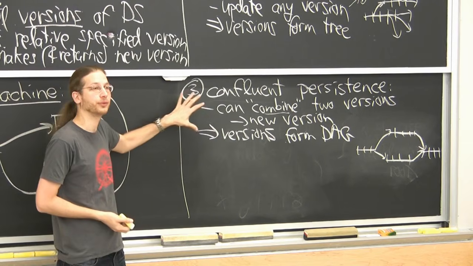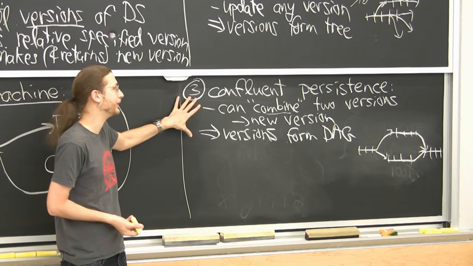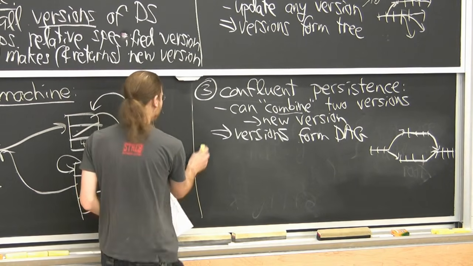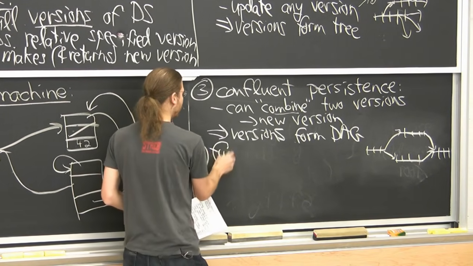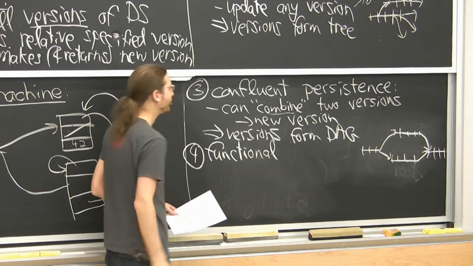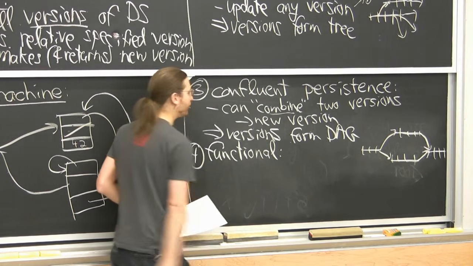This is hard to do, and most of it is an open problem, whether it can be done. But I'll tell you about it. Then there's another level, even more than confluent persistence. This is hard to interpret in the time travel world, but it would be functional data structures.